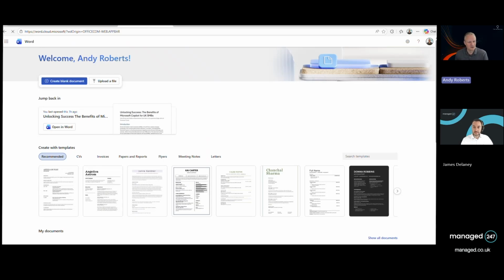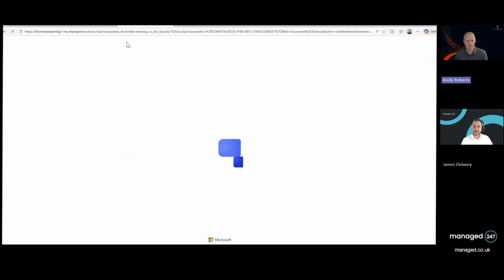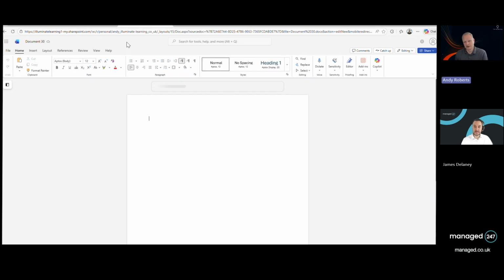I'm usually an advocate for using the web versions of these applications because they tend to work a little bit better for me. But in this case, something funny is going on and it's slowed down a little bit. There we go, we got there eventually. So you've seen now that in Word, I get this little Copilot option pops up at the top here, and